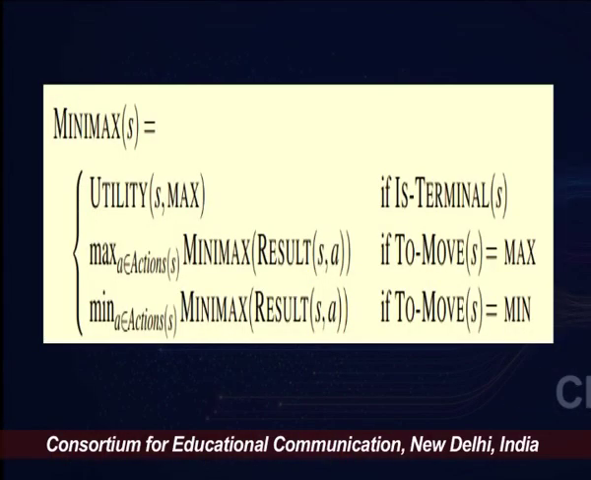So, we need to look into these minimax trees, or formalize them in the form of a function which can be used in a minimax search algorithm. This can be a function of 3 states. So, minimax of S can be the utility of S, comma max, if S is a terminal state. Then it could be the maximum over all the actions,